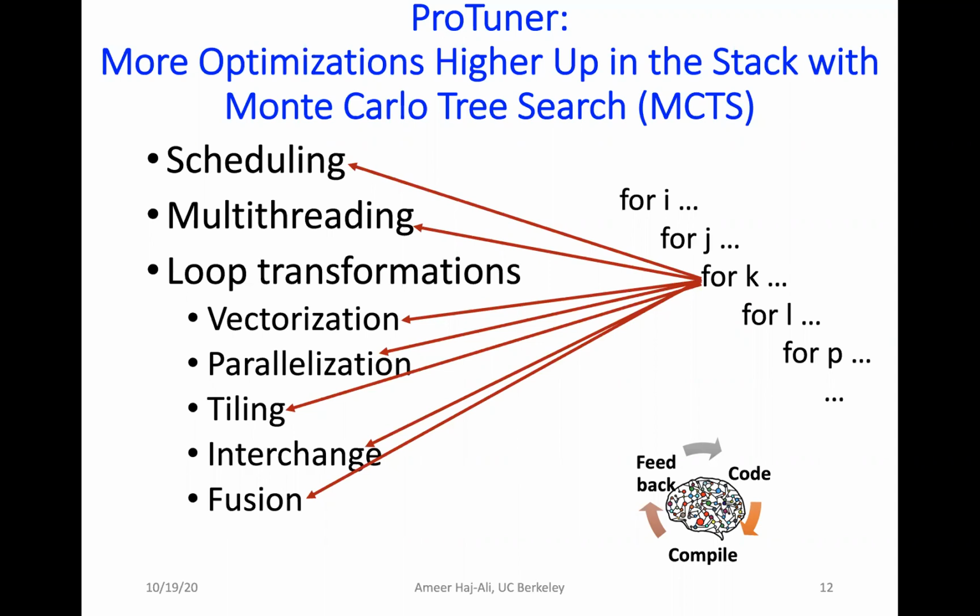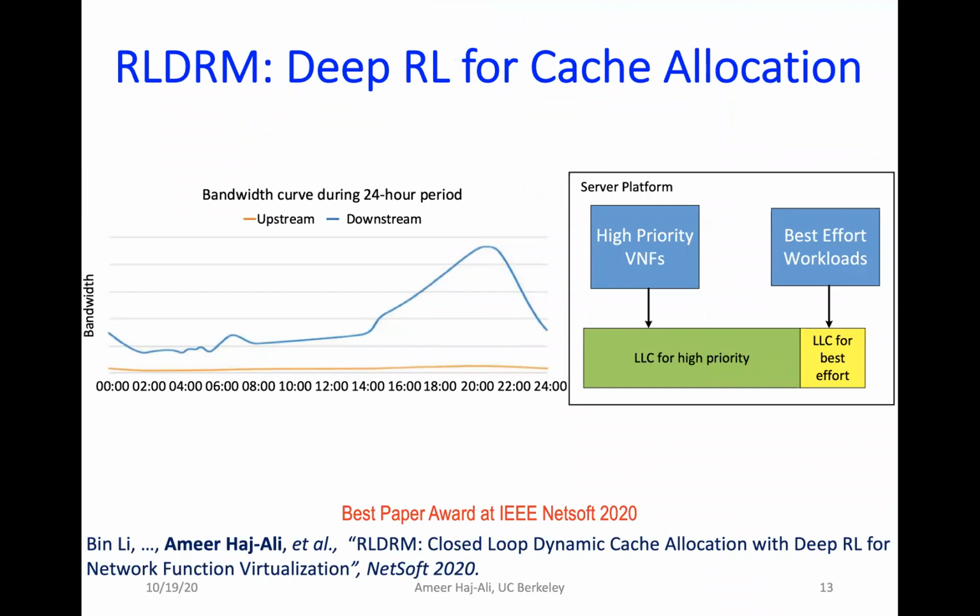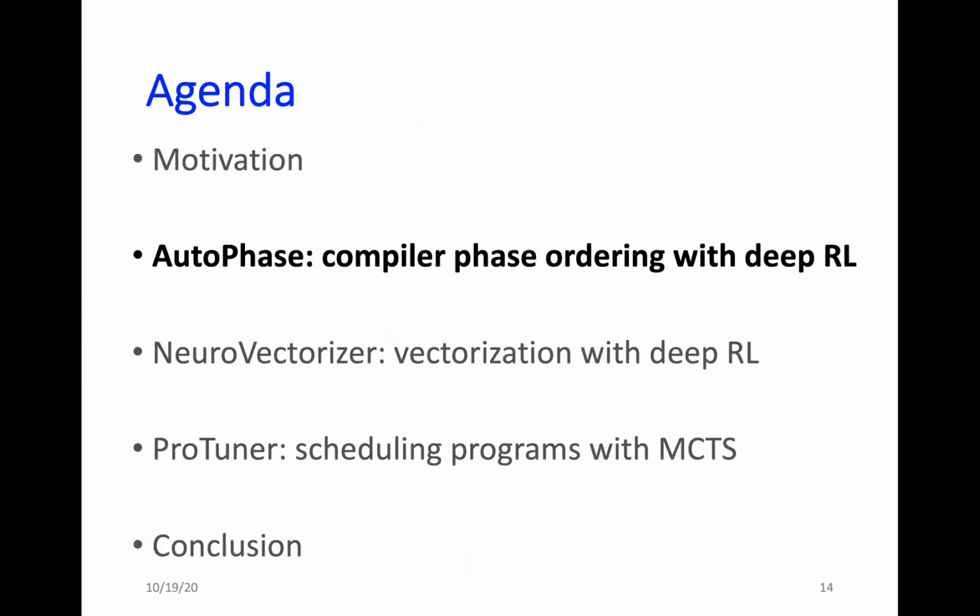We have taken this actually a step further. We have used DeepRL for things that are more than just compiler optimization. We got to a level where we can also, in runtime, for example, determine how much resources or cache allocation to allocate for different programs. I will not be able to go over this in this particular talk. I will cover mainly ProTuner, NairoVectorizer, AutoPhase, but you're welcome to check out how we can also do even a step further from here. So this is basically the motivation and some intro of what this talk is going to